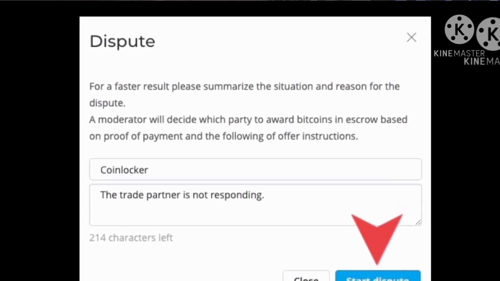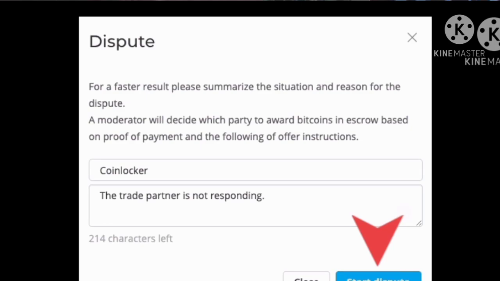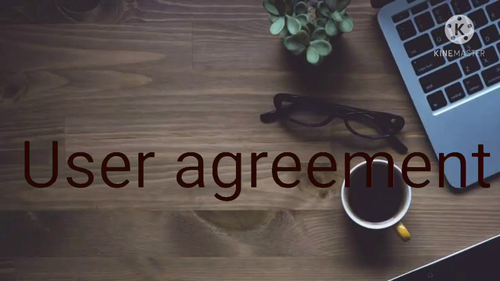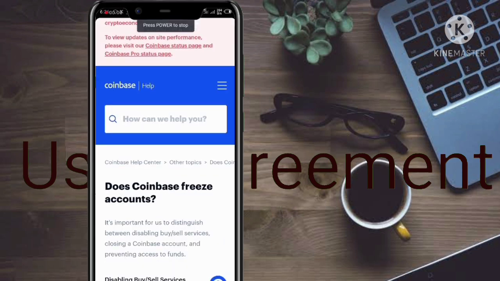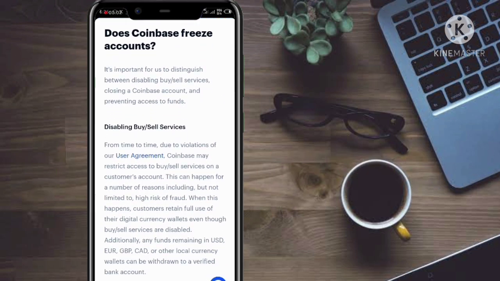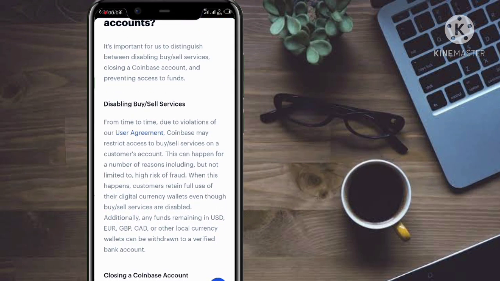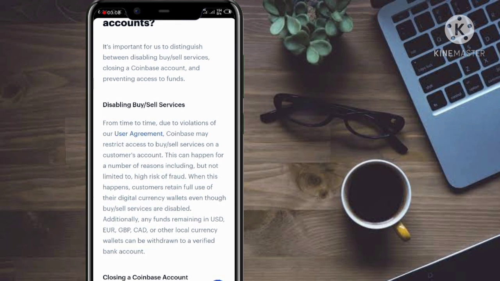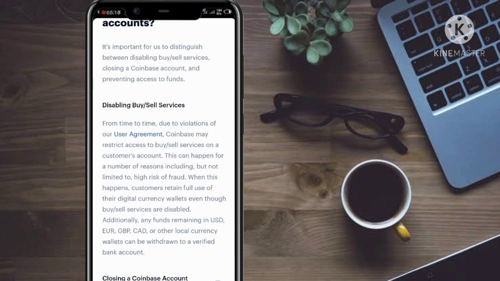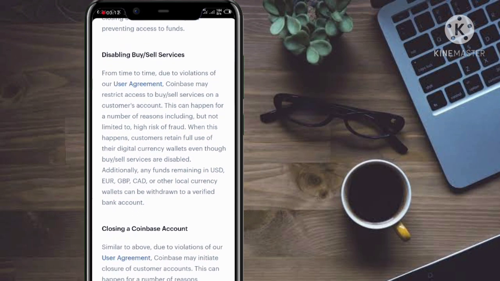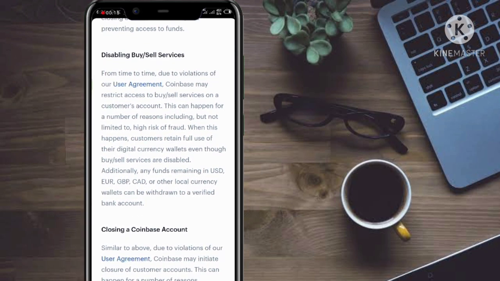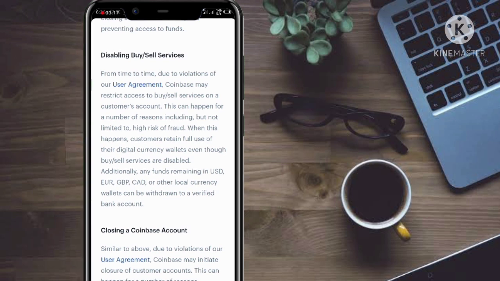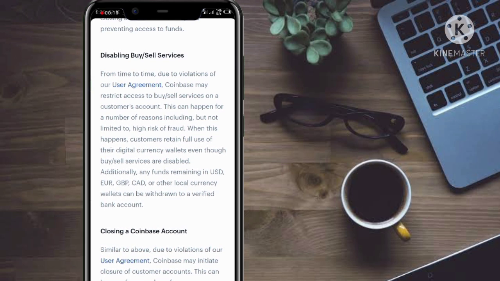So that is that for reversal or chargeback. Another thing is the user agreement. Violation of the user agreement policy may lead your account to be restricted, closed, or they might even prevent you from accessing your funds. There are lots of agreement policies that you need not to break,